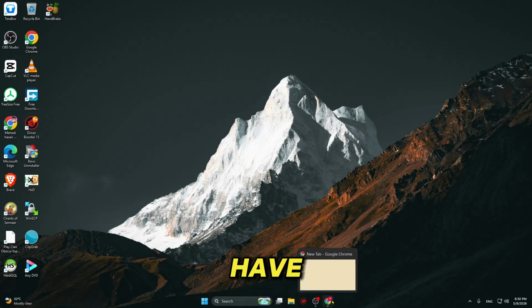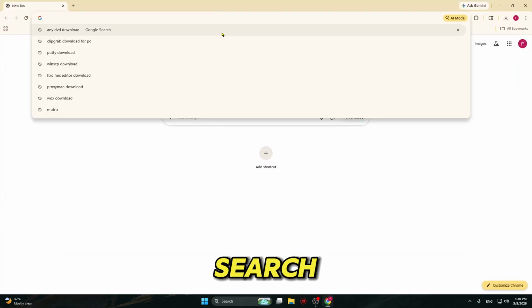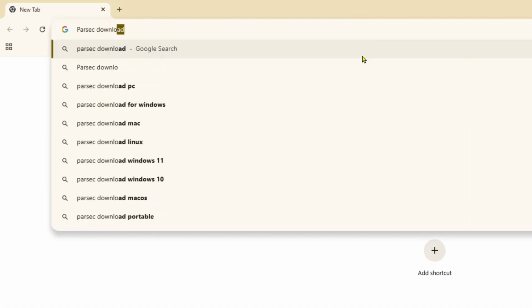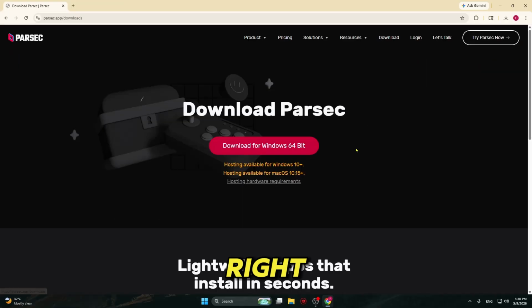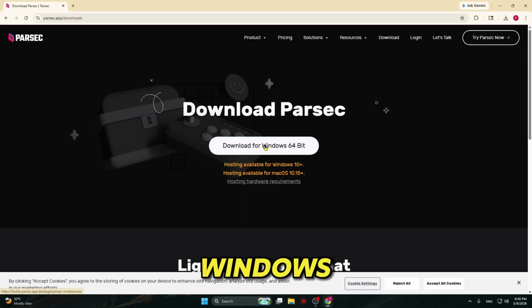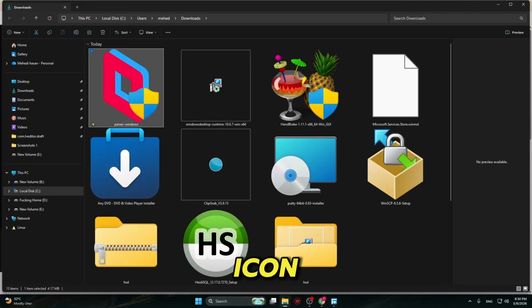It's very simple. You have to open any of your favorite browsers, then simply come over into the search option and search for Parsec download. Click enter, and then you're going to get the first website. Click on the download Parsec and download for Windows 64-bit. Click on download, click on the folder icon, click on it 2 times to install, click yes for the permission